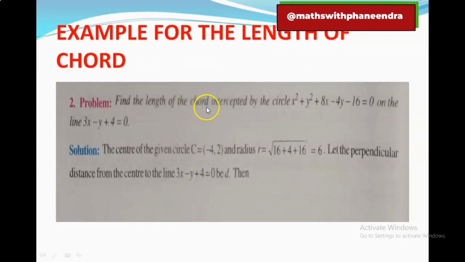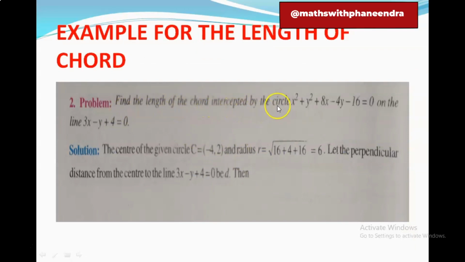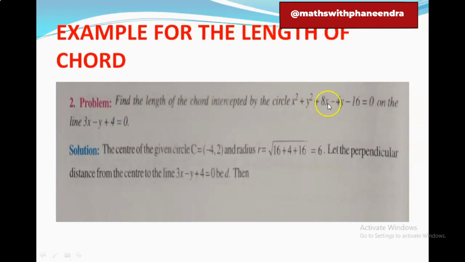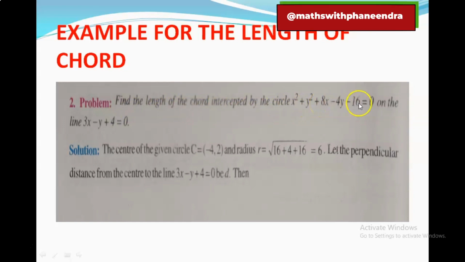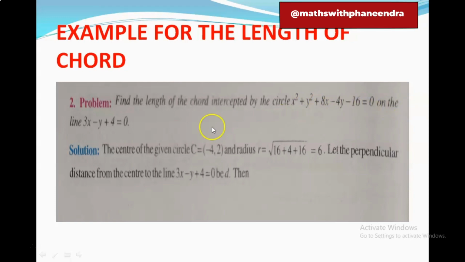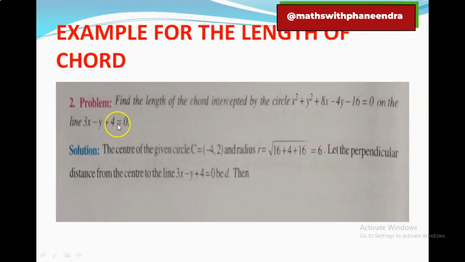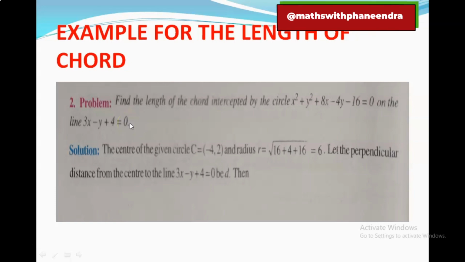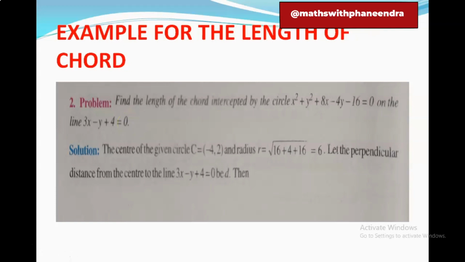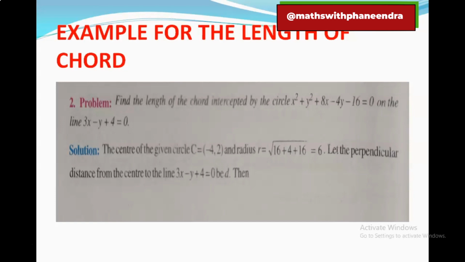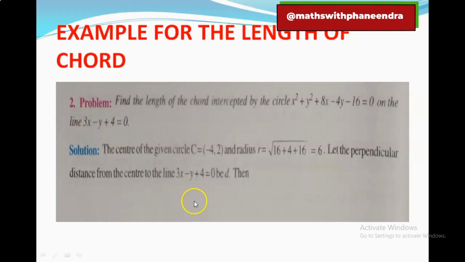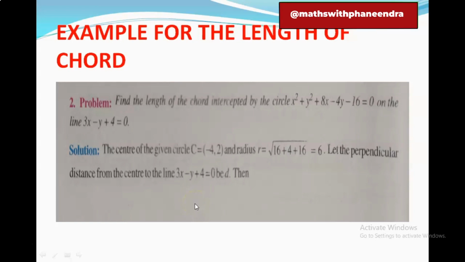Find the length of chord intercepted by the circle x square plus y square plus 8x minus 4y minus 16 equal to 0 on the line 3x minus y plus 4 equal to 0. This type of problem is very important for 4 marks. You remember that. Whenever you are going to calculate a length of chord, first what values we have to calculate